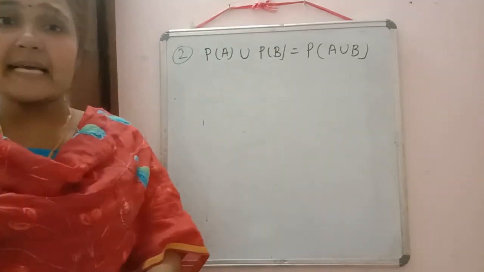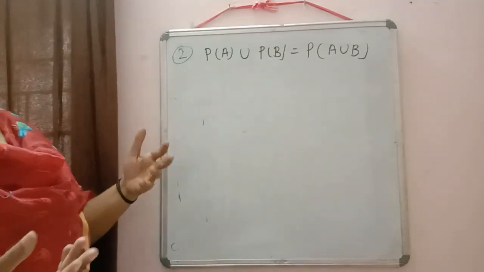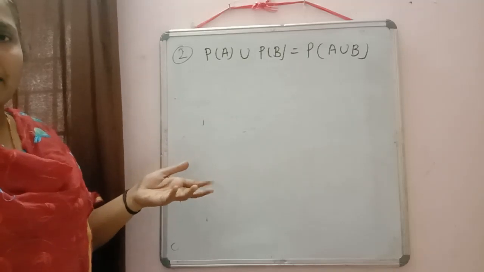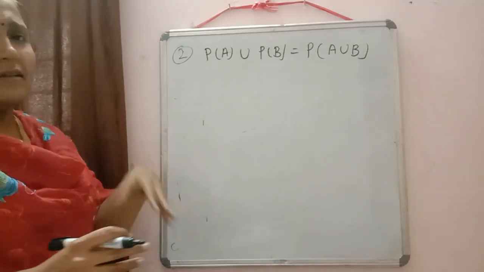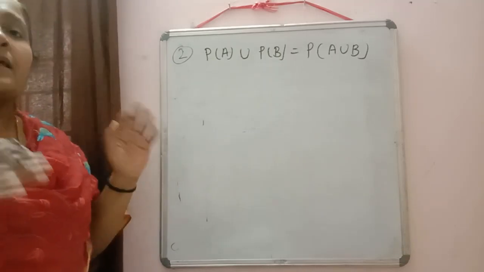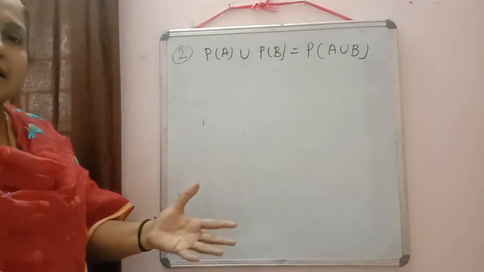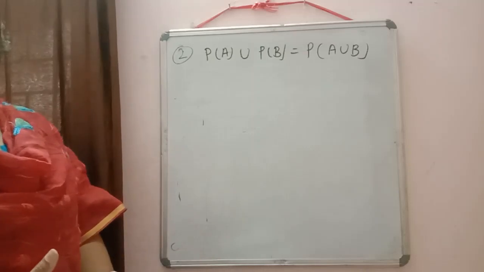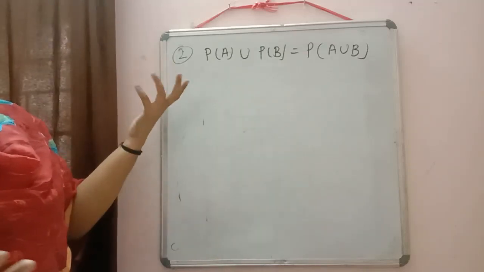If you have to check something, then you can take some example. If you have to prove something, then you have to take x and y only. No other options there. But when you have to check something, you can give one example. So here also we can take one example.